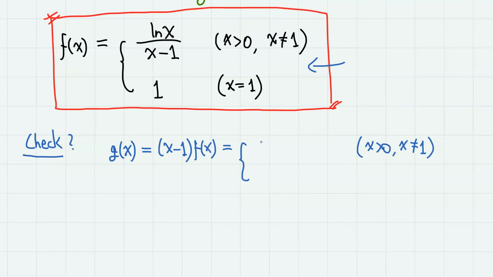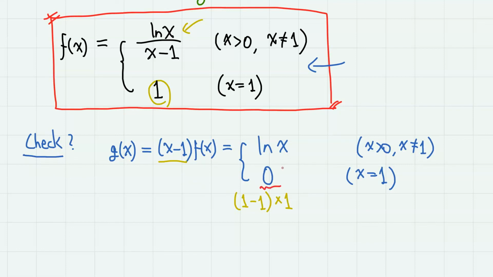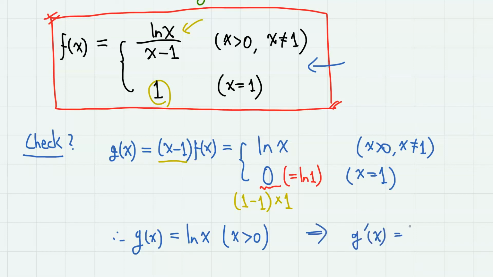x is not equal to 1, we have (x minus 1) times this, so we have ln x. And when x equals 1, then f(1) equals 1. So we have (1 minus 1) times simply 1, which is 0. But since this 0 is nothing more than ln 1, this means that basically g(x) equals ln x for all positive real numbers x. Therefore, the derivative of g(x) is simply 1 over x for all positive values of